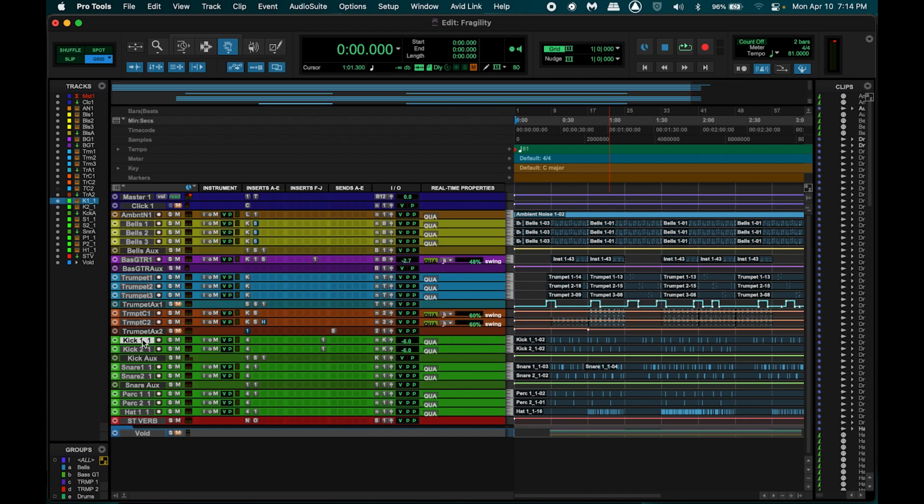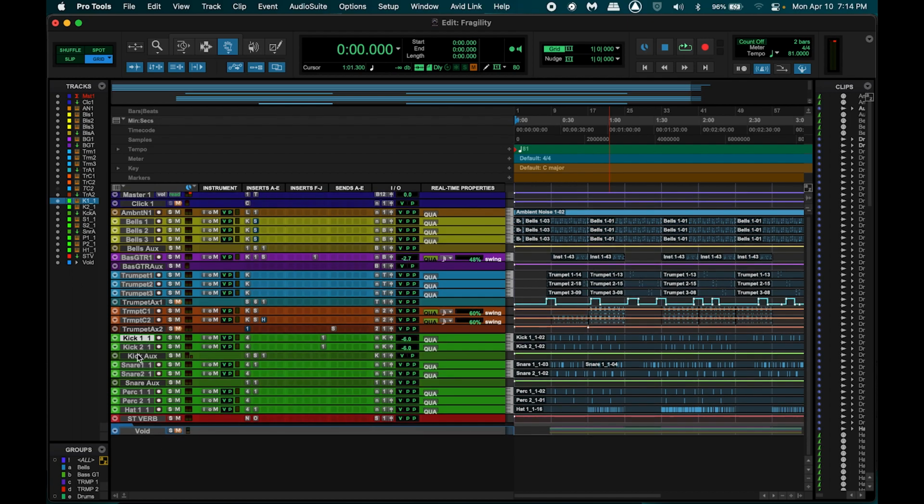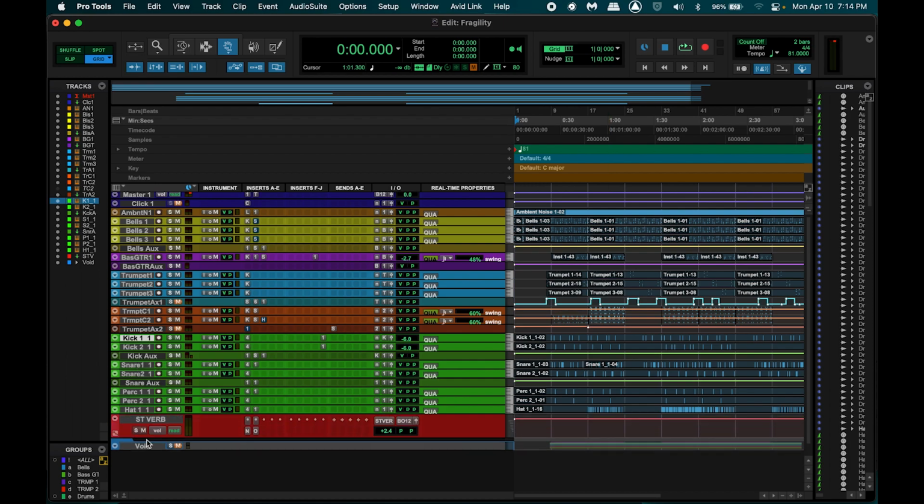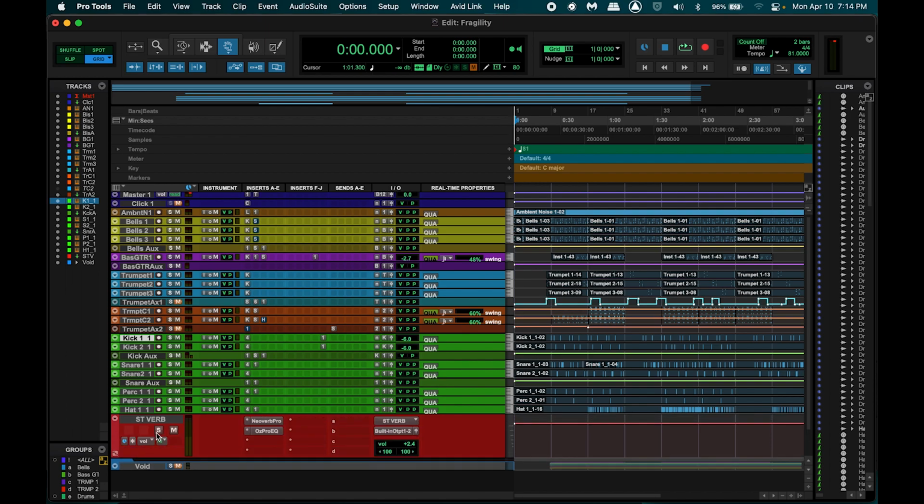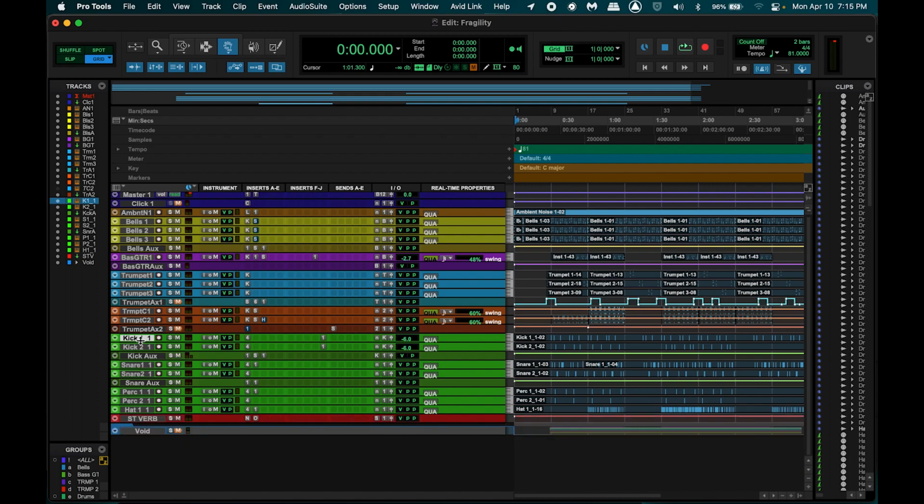I got my drums here, so all my drums are green. They're feeding to different aux tracks as well. And then I also have at the very bottom here another aux track for my stereo verb sends. So if I want to send reverb to a track, I can just enable it on this send over here, which I think I only did for one track, but I just like having reverb as an option. I think it's a really helpful and useful effect. So let's go ahead and get into breaking down each layer of this song.